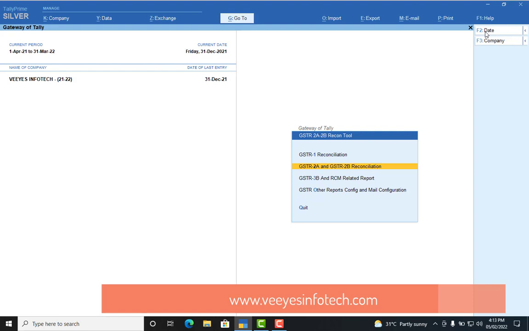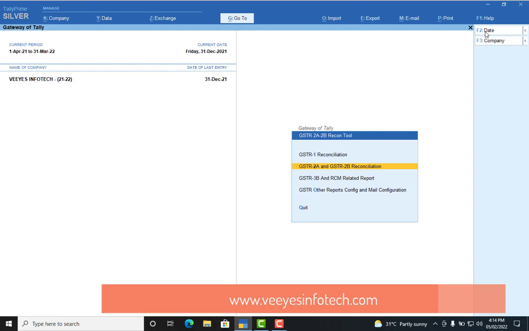See, from January onwards, if you have 10 bills in your Tally purchase book, worth 10 lakh rupees, but in the government portal, that means the GST portal, you have received only 7 lakh, that means only 7 bills were uploaded by your suppliers. The remaining bills were not uploaded or missed by your supplier. So what is your exact ITC: as per book 10 lakh rupees, and as per portal 7 lakh.